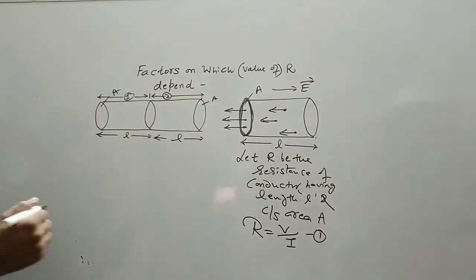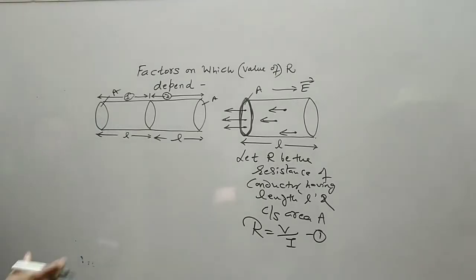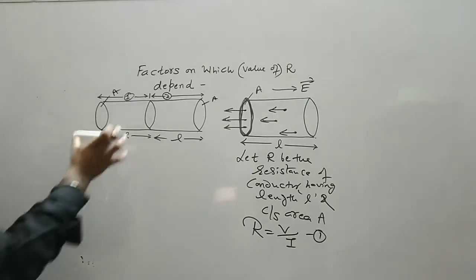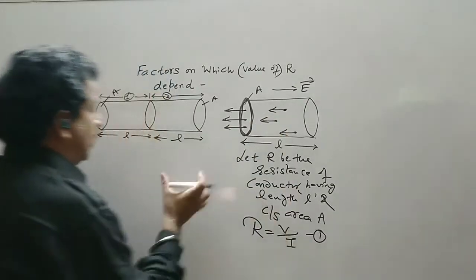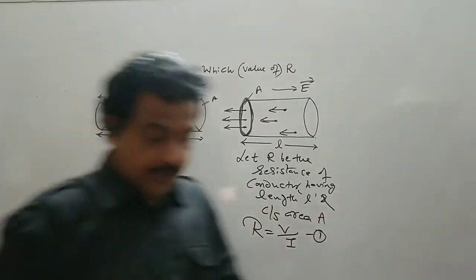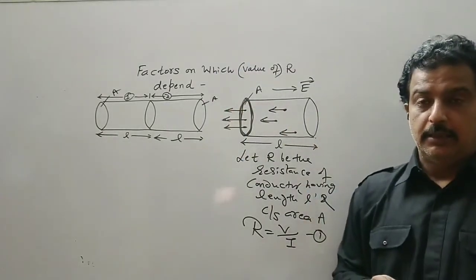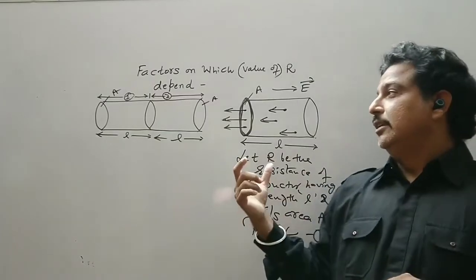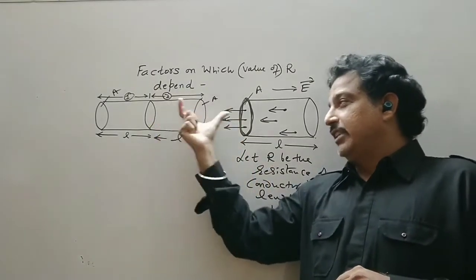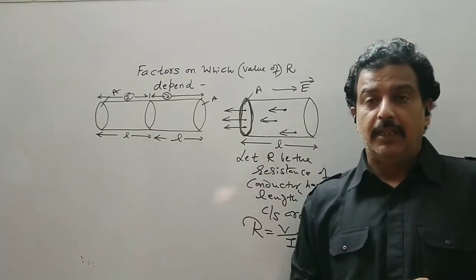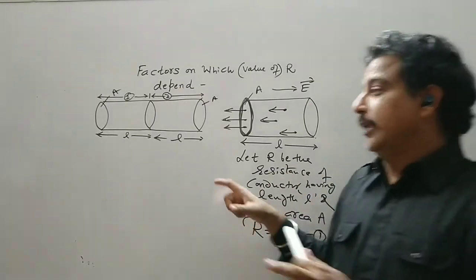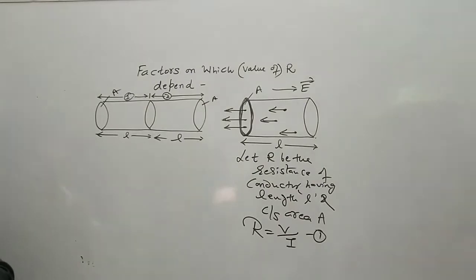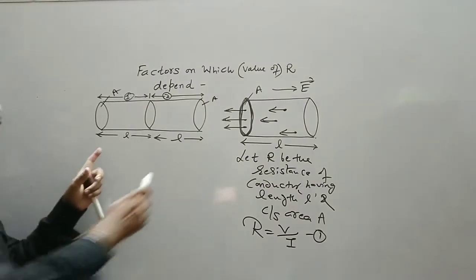And the same battery is connected. So this has a potential difference of V. This has a potential difference of V. Another identical conductor is also connected. Now if I want the same amount of current, then the potential difference of this should also be V, and therefore the total potential difference should become 2V.